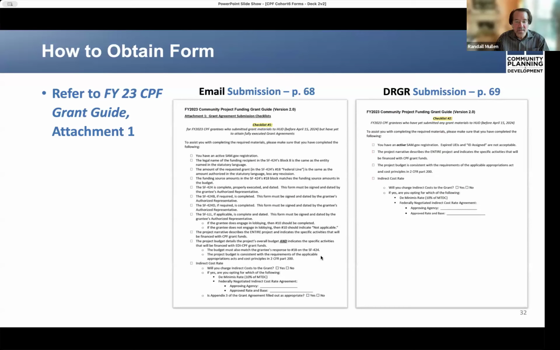It reads, the project budget details the project's overall budget and indicates the specific activities that will be financed with the CPF grant funds, and goes on to indicate that, as in the short form, there must be consistency and conformity to what's referred to as the uniform administrative requirements for all federal grants at 2 CFR Part 200.